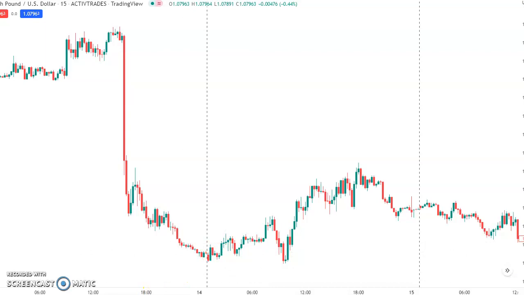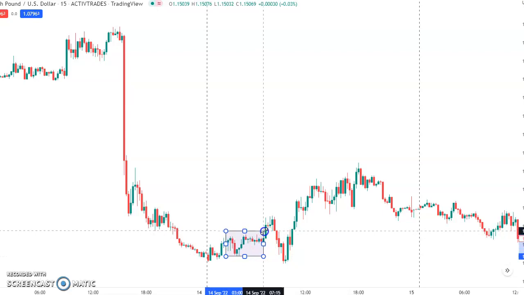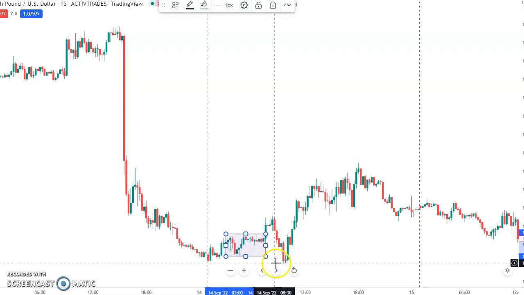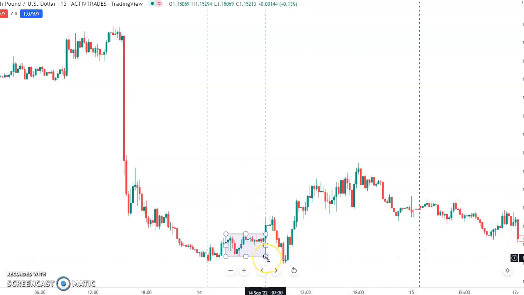first things first, we have to identify the Asian range that typically begins from 3 a.m. up to 7 a.m. Right, so we identify the highs and the lows during this particular time. That's done. So the next thing